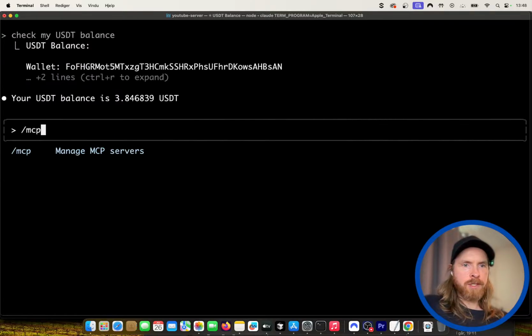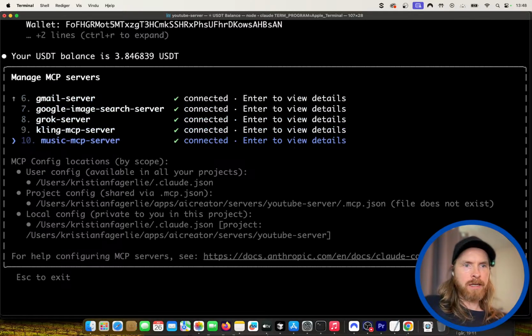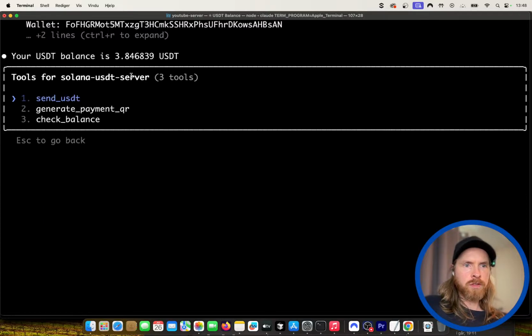So if you look at the MCP tools, it can send stablecoins, send people a QR to generate payments, and it can check the balance.